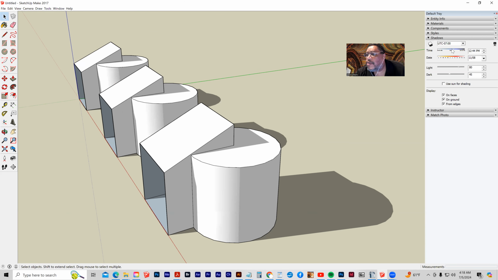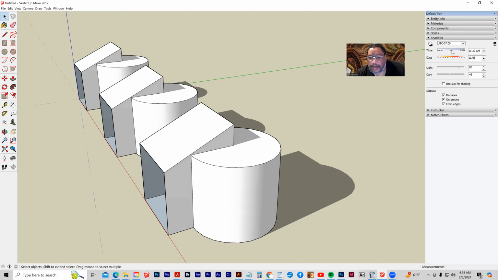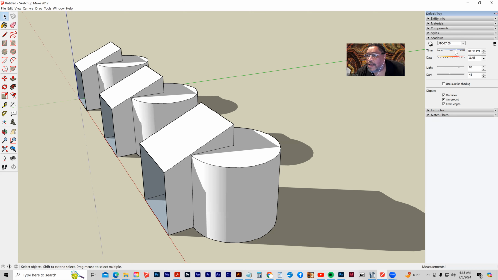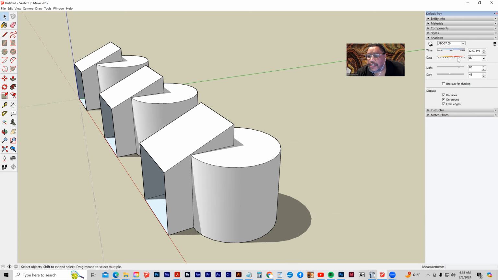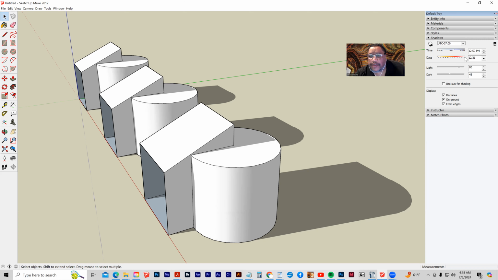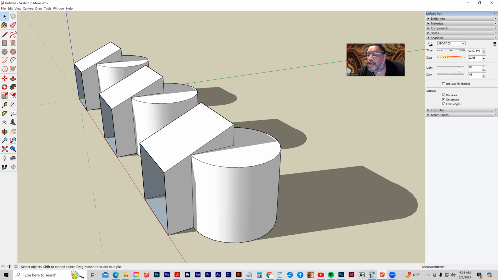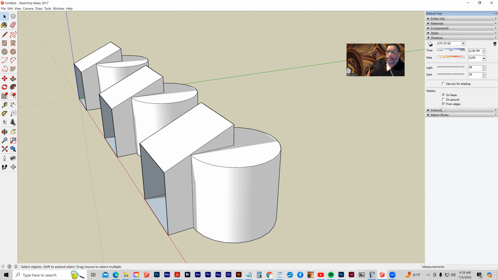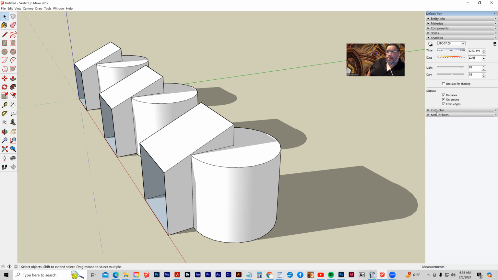And I can actually adjust the time, and when it adjusts the time and the date, it will adjust the length of the shadows. Okay. And then I can choose how light or dark the shadows actually are. And then I can just choose whether the shadows are cast on the faces, on the ground, or from the edges. Okay, and I can turn those all three on,